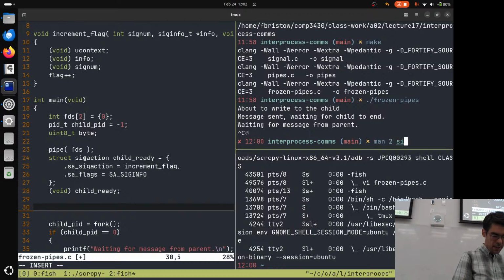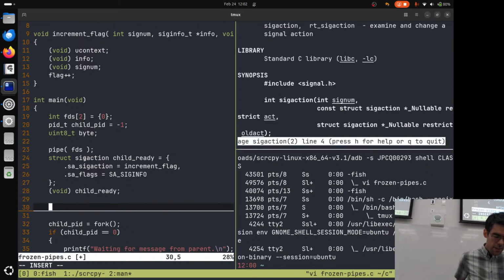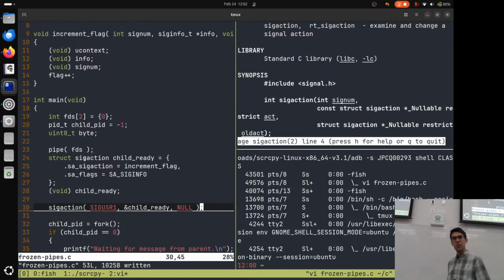I'm going to say man 2 sigaction because I can't remember how this is supposed to work. I'm going to pass the signal that I want it to handle, SIGUSR1, I'm going to pass child ready as an address, and I'm going to pass null as the last thing. I don't really care what the old action was. I'm going to register the signal handler.